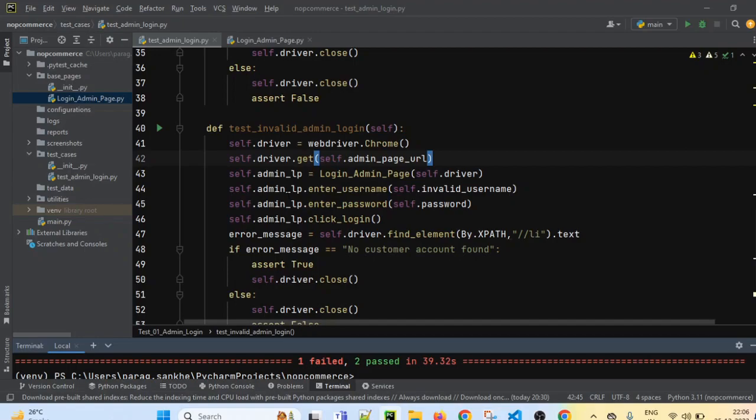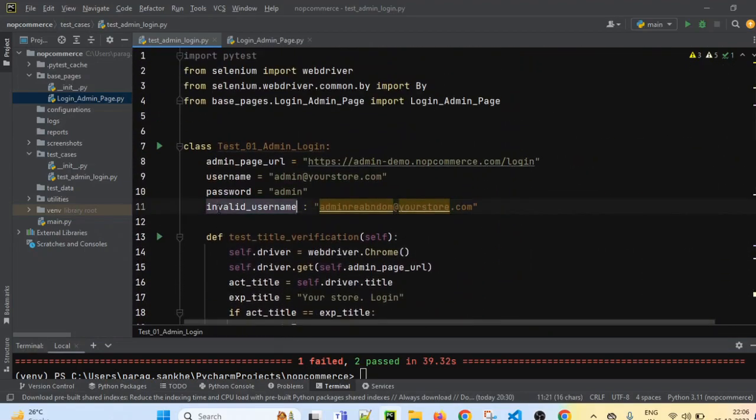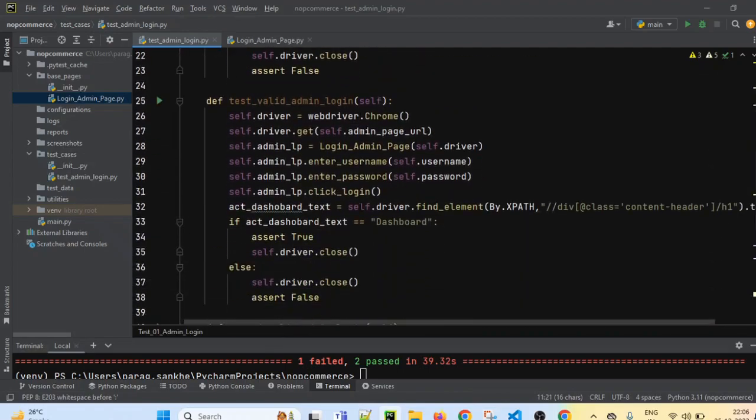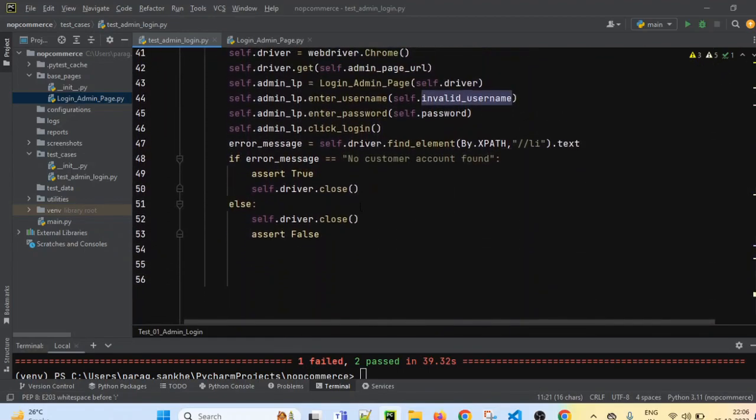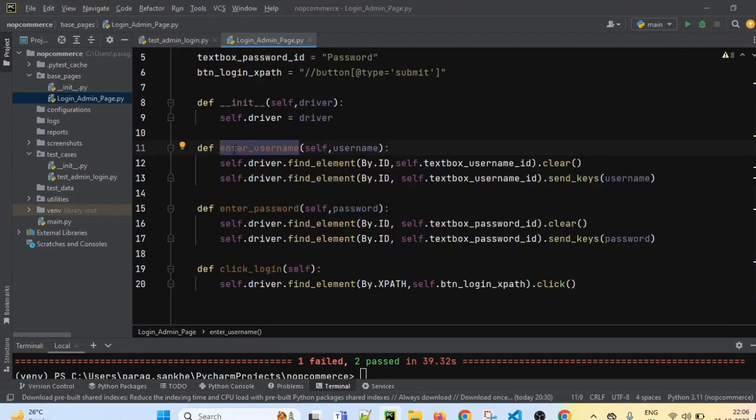We have created the object here and we are passing enter username, we are passing this invalid username. If you see invalid username, I'm just copying it again. Invalid username, enter username. Here we are passing this invalid username. That should call this enter username.